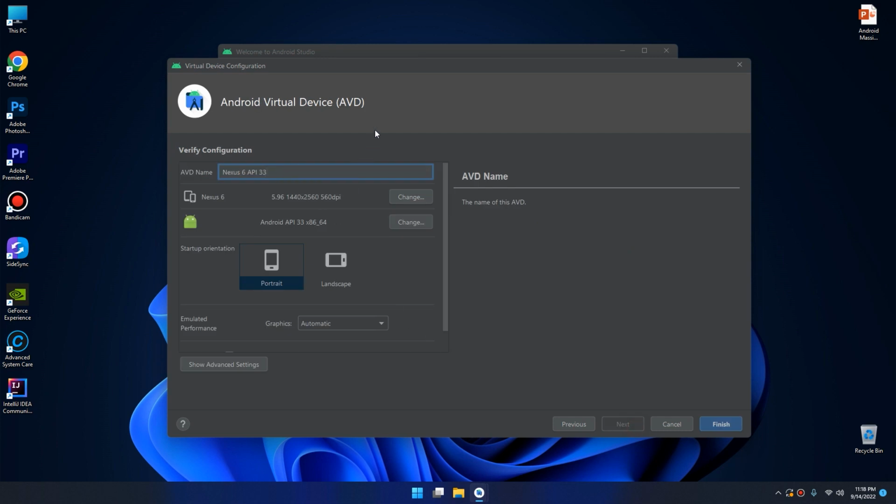Here we need to verify the configurations. In this screen, you'll be asked to verify the configuration. This screen summarizes the options you choose over the last few screens and gives you the option of changing them and accepting the options and clicking on Finish button. You can name your AVD, name your device whatever you want. You can change the density pixels,